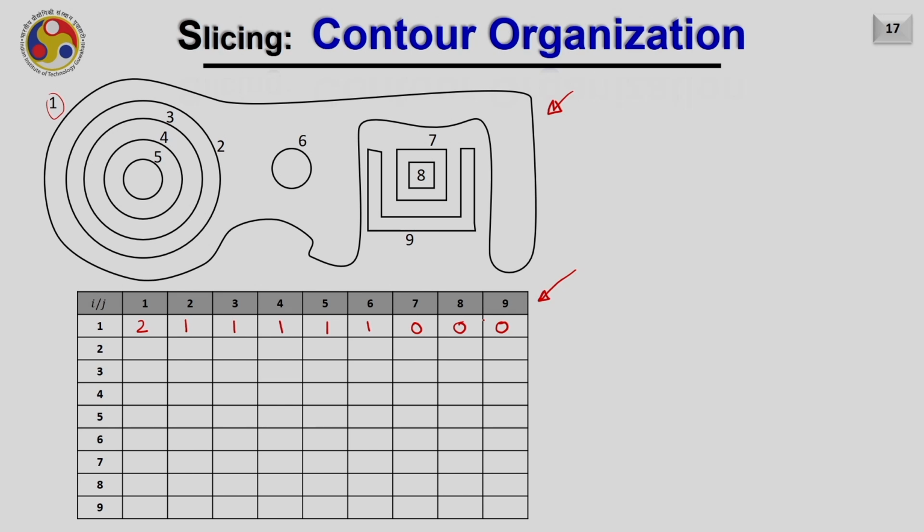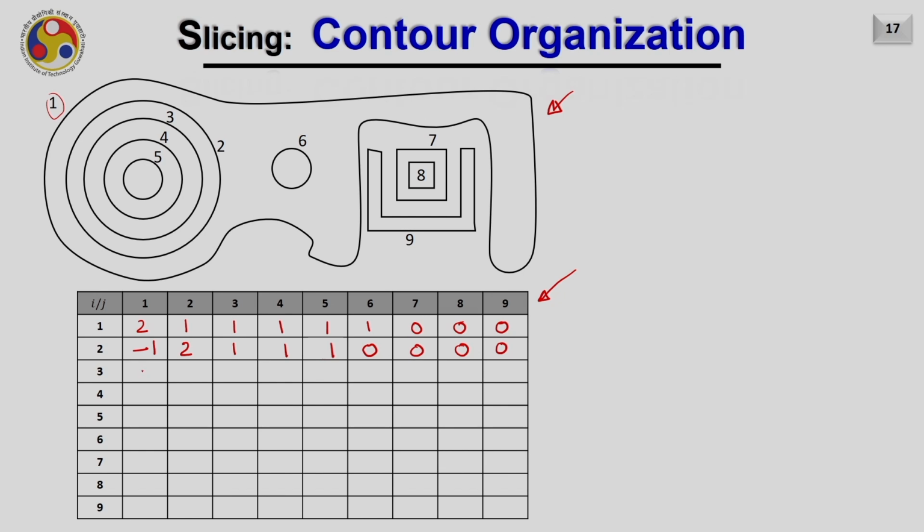separated. Again contour number 2 is contained by contour number 1 and it is going to have the same as 2 with 2 is going to have the 2 here because i equals j, and also 2 is containing 3, 4 and 5 while it is separated from 6, 7, 8 and 9.